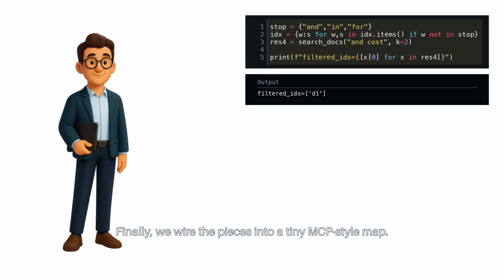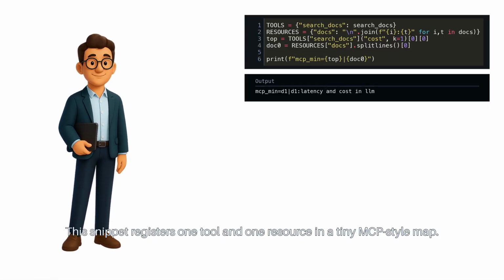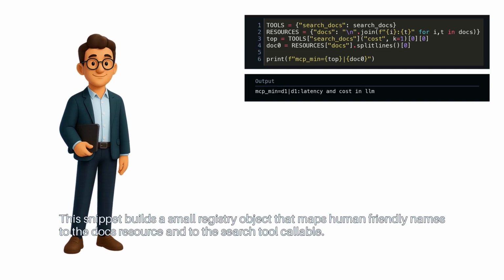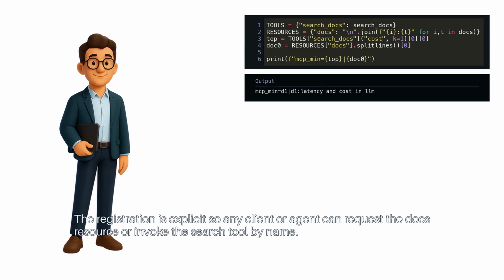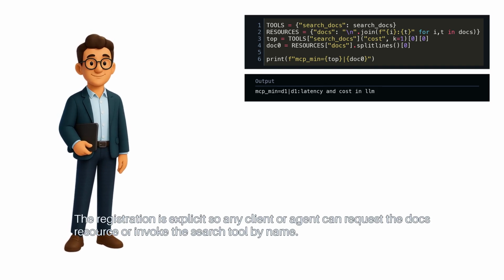Finally, we wire the pieces into a tiny MCP-style map. This snippet registers one tool and one resource in a tiny MCP-style map. This snippet builds a small registry object that maps human-friendly names to the docs resource and to the search tool callable. The registration is explicit, so any client or agent can request the docs resource or invoke the search tool